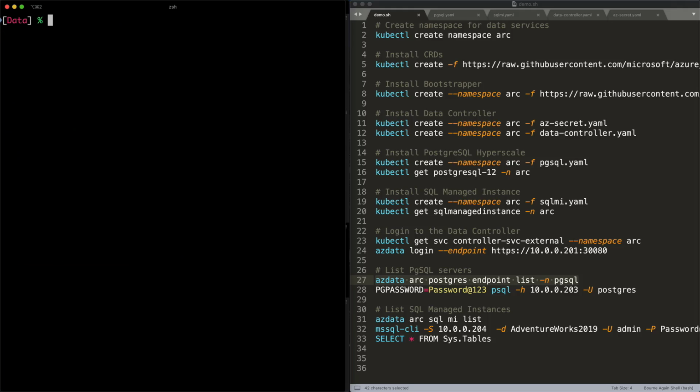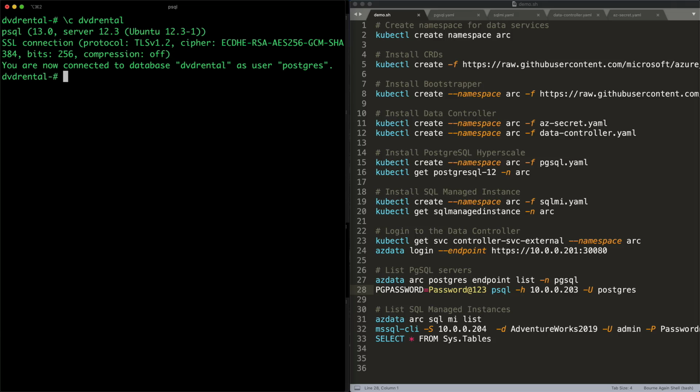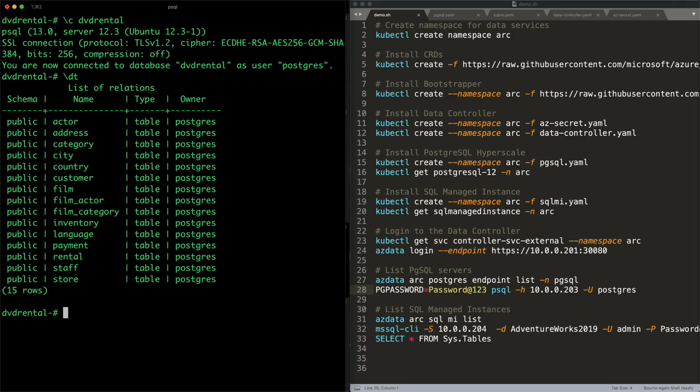Now, once I have this, guess what? I can even log in to my Postgres instance. So here I am logging on to the Postgres that is running as a deployment on Kubernetes exposed at this IP address. So now we can even query the databases and the tables that are available. So let me first switch to the DVD rental database, and then I can look at all the tables. Perfect. So now I'm actually dealing with a managed instance of Postgres running in my Kubernetes cluster from my workstation.